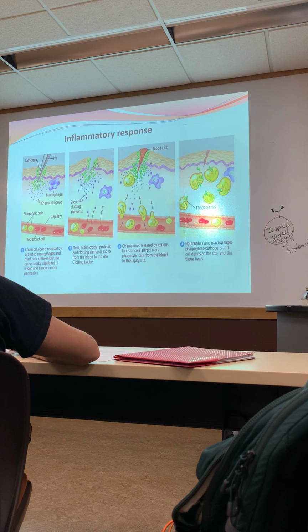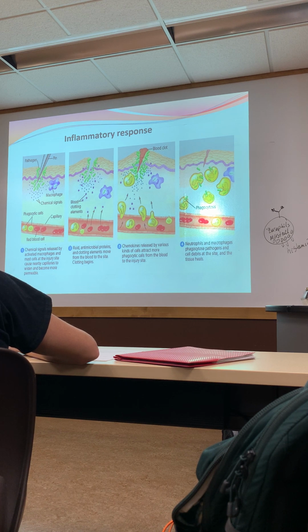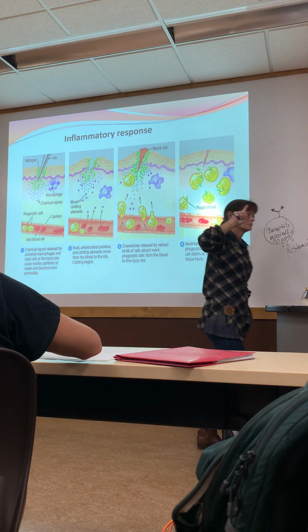So the key for the second line of defense is that it is mediated, controlled, or ruled by phagocytes. Phagocytes rule. Phagocytes are in charge of the second line of defense: neutrophils and macrophages. And they don't care what they find. They eat non-specifically. They eat whatever they find. It's the third line of defense where we're going to start targeting one infection at a time.